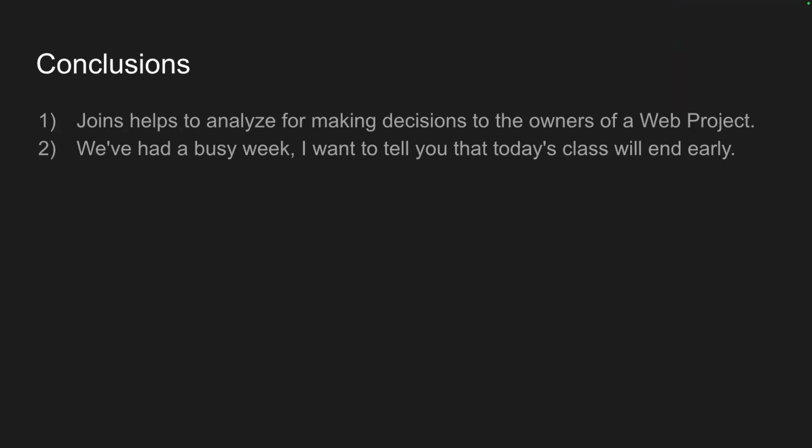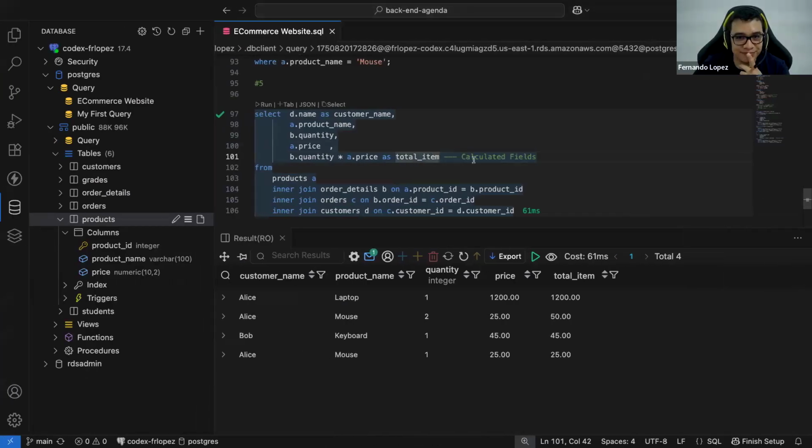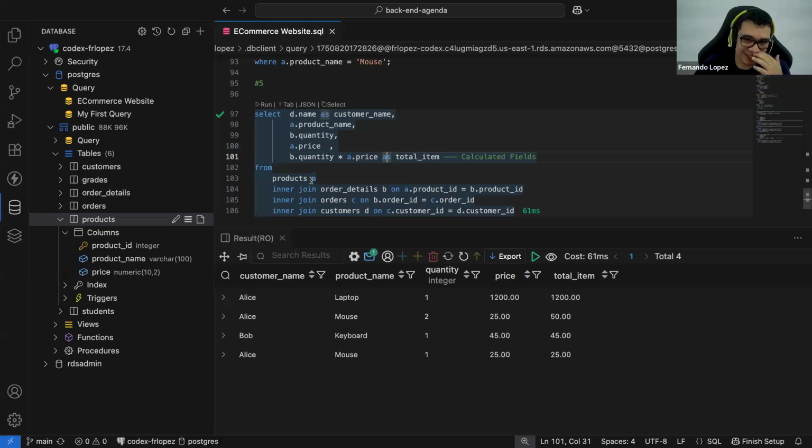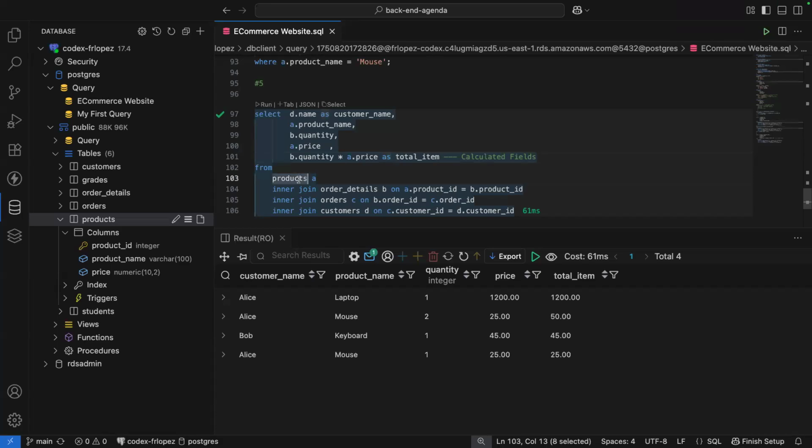I do have one question. Yeah, tell me. If you go back to your last screen on your VS Code, when you put AS, it's like changing the name of the variable. Yes. But when we're using the A or the B, that's like a quick nickname for our original variables, so you don't have to type all of that out every time.